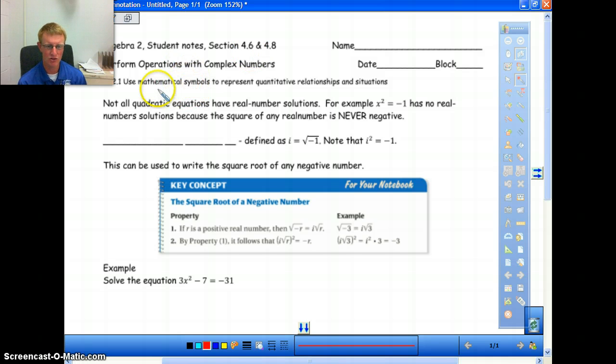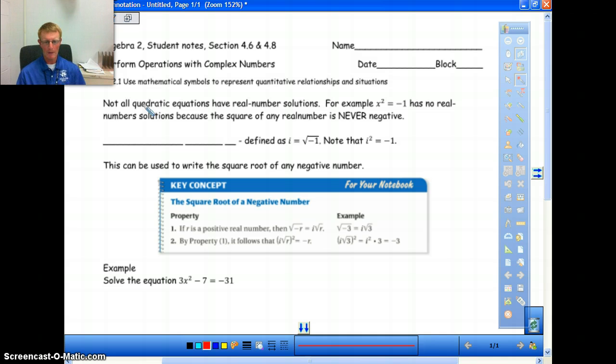So this is imaginary numbers and complex numbers, and some of you said that you hadn't learned this before. It's really easy, so we're going to go through this. This will be a one-day thing, and then we're going to move on in Chapter 5. So the first thing that we're going to talk about is what an imaginary number is, and the first thing we need to understand is not all quadratic equations have real number